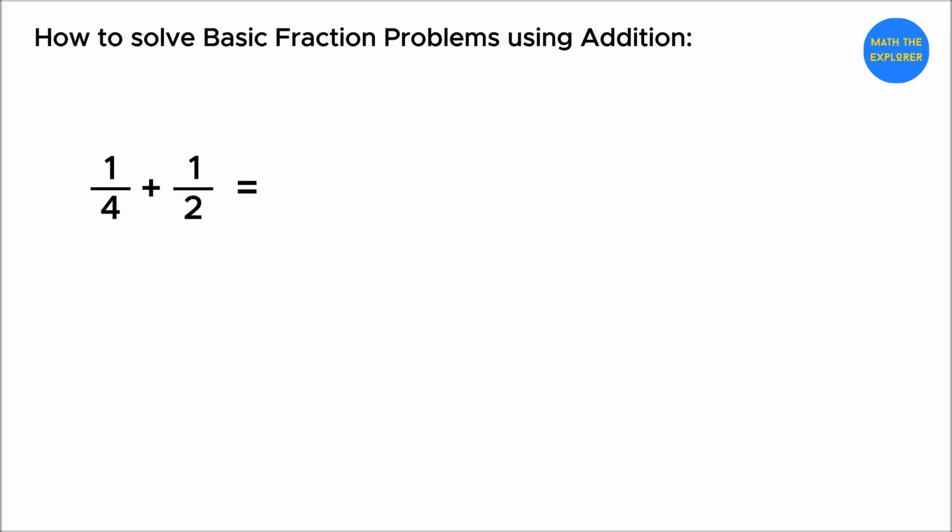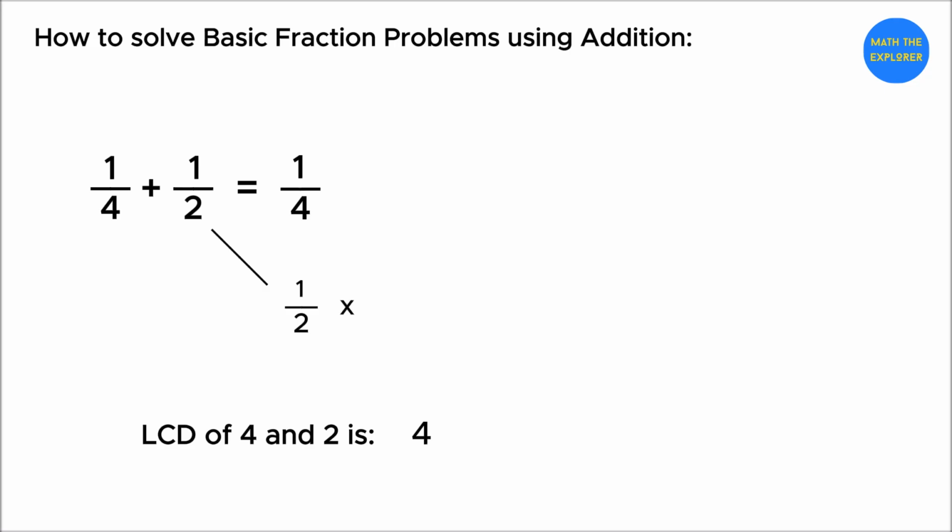To solve 1/4 plus 1/2, since both fractions have different denominators, start by finding the least common denominator, or LCD, of 4 and 2. The smallest number that both 4 and 2 can divide into evenly is 4, so use 4 as the common denominator. Since 1/4 already has 4 as the denominator, leave it as it is. To convert 1/2 to a fraction with a denominator of 4, multiply both the numerator and denominator by 2, giving